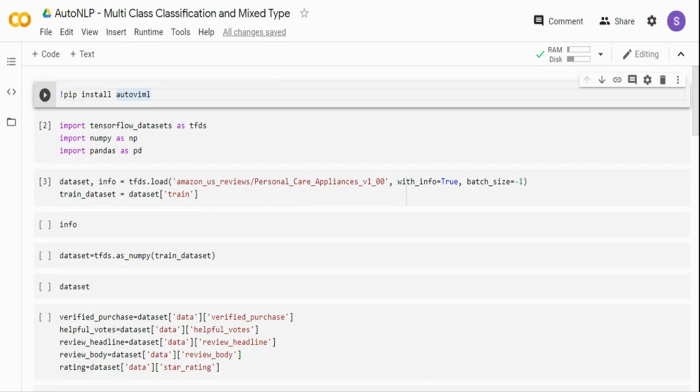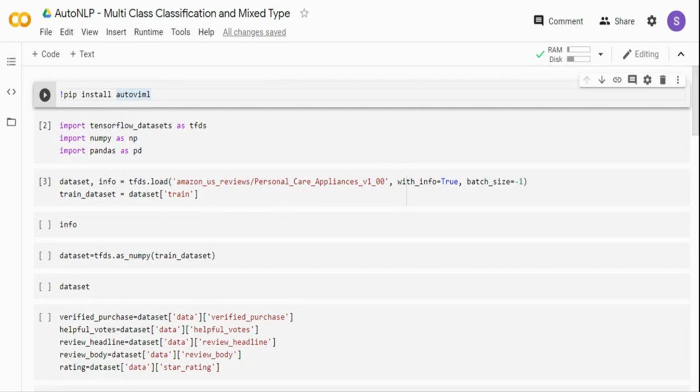So let's get started. I will show you the data and what I'm talking about. For this, I'm going to use AutoViML, which is a package for automated machine learning. You might have seen my previous videos on AutoViML. If you have not seen them, you can click the link in the video description below, or you can also click the link on the top to check my previous video on Auto NLP, which is a byproduct of AutoViML, where I have done binary classification. Right.